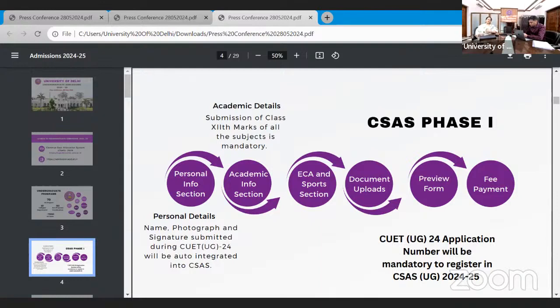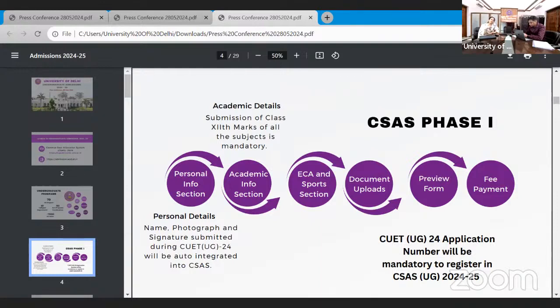Then you will be taken to the document upload section, जहां पर आप डॉक्यूमेंट्स को अपलोड करेंगे। जो भी आपने हमें डिटेल्स दी हैं उन सब से रिलेटेड हम आपसे डॉक्यूमेंट मांगेंगे। फॉर एग्जांपल रिजर्व कैटेगरी तो उससे डॉक्यूमेंट, फॉर एग्जांपल ECA स्पोर्ट्स आपने भरा है तो उससे रिलेटेड डॉक्यूमेंट, फॉर एग्जांपल अगर आपने BSc फिजिकल एजुकेशन भरा है तो उससे रिलेटेड डॉक्यूमेंट्स, फॉर एग्जांपल अगर आप कह रहे हैं कि आप CW कैटेगरी में आ रहे हैं तो उससे रिलेटेड डॉक्यूमेंट्स। सो यू हैव टू अपलोड ऑल द डॉक्यूमेंट्स।